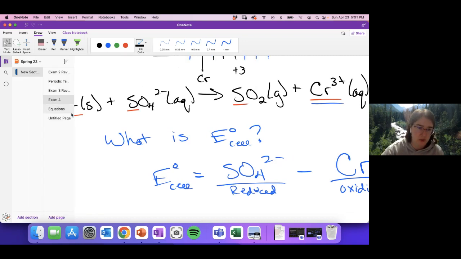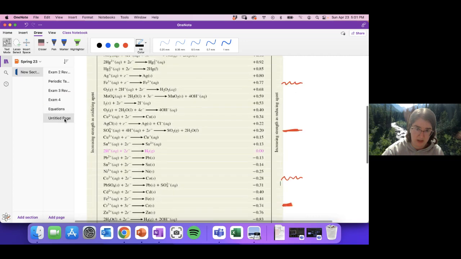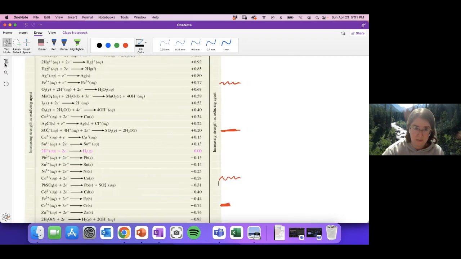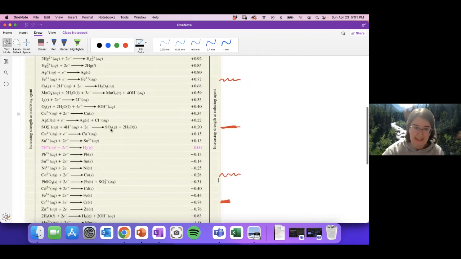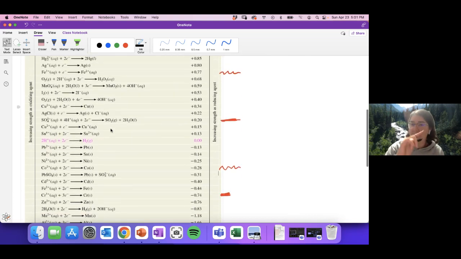Now I'm going to cheat a little bit because since I wrote this problem, I already have some things labeled. But this actually brings me to a quick point. You might notice on the screen that I have some straight lines and I have some squiggly lines. Because you're going to be using this giant table on the exam and you're going to be doing multiple reactions